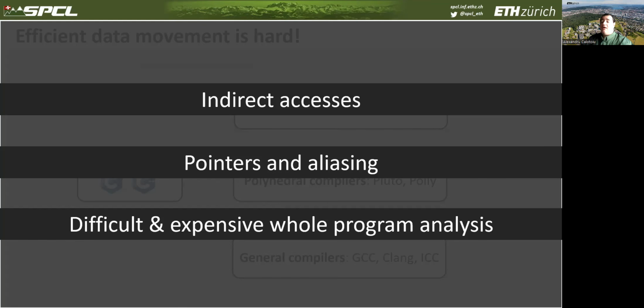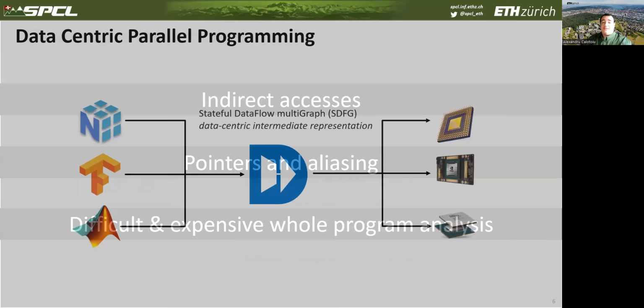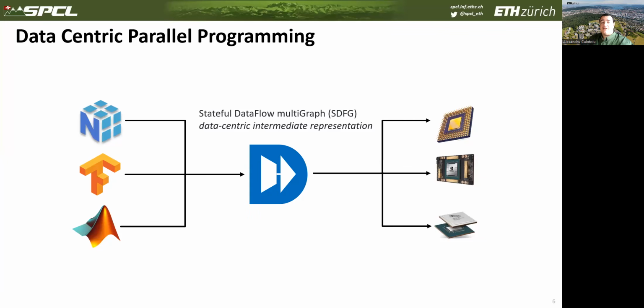And we, in this work, will try and use a different framework to optimize and improve the performance of C codes. We wish to use data-centric parallel programming, a framework which has been developed in our lab. It is a framework that, similar to LLVM, generates efficient code for multiple architectures by relying on the SDFG IR, which stands for Stateful Data Flow Multigraphs, an IR focused on understanding data movement.